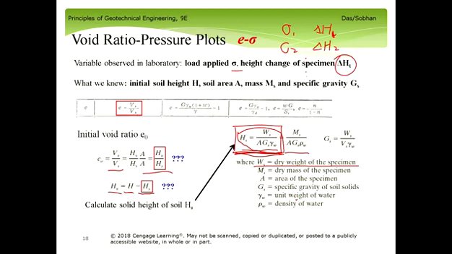But in here, one thing you want to go to is void ratio, right? So what is void ratio? Void ratio is actually the ratio of voids. So if you want to calculate void ratio, this one minus